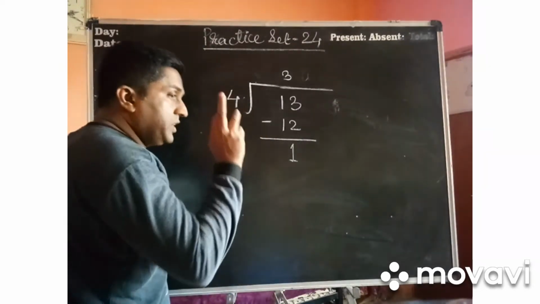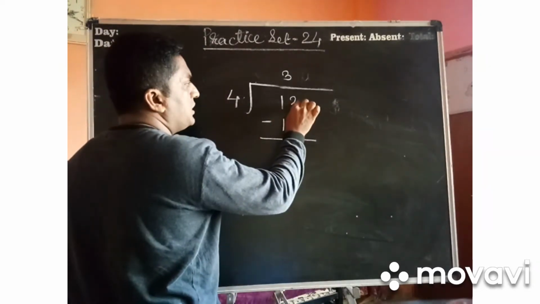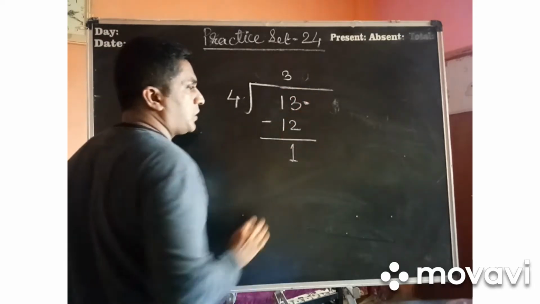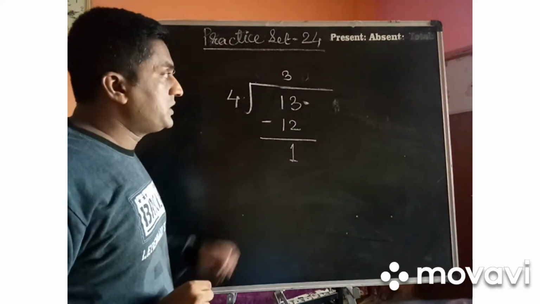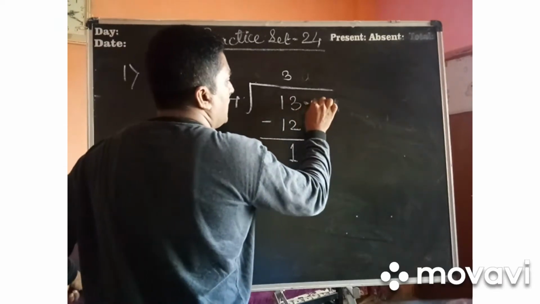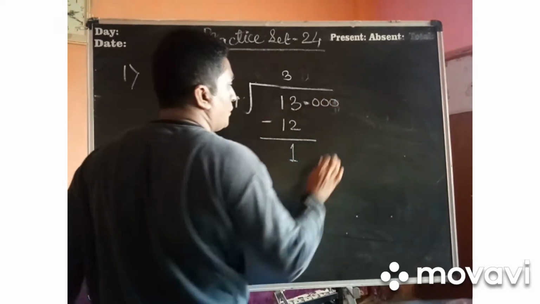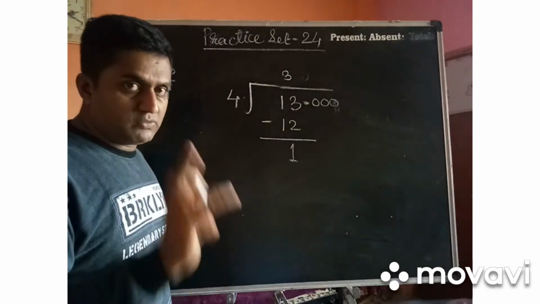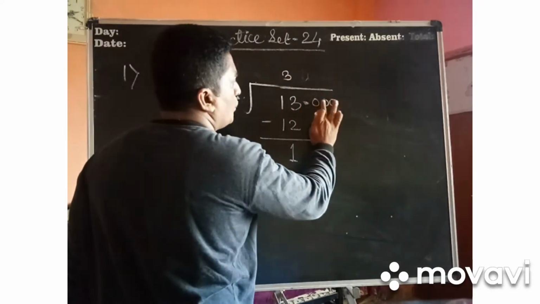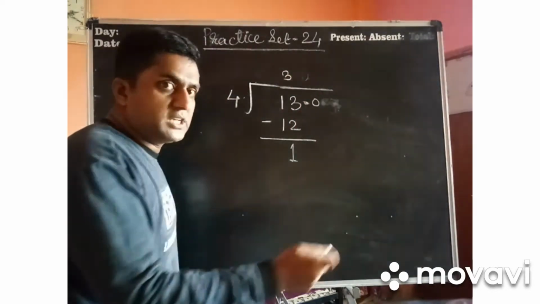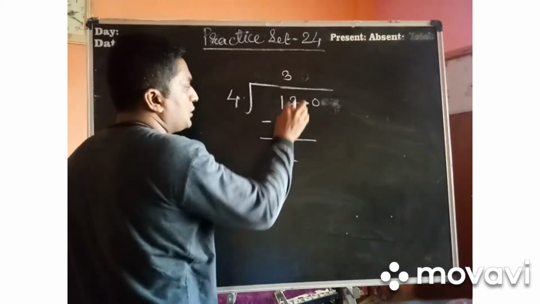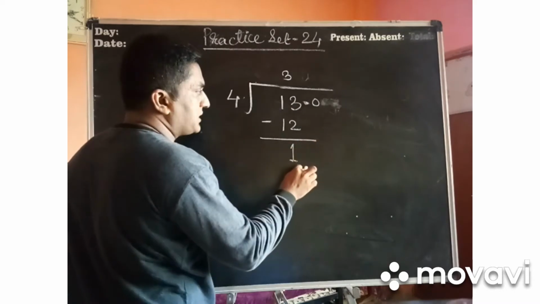Not over. We have to remember that whatever number is being written here in the form of dividend has one point, which is called a decimal point, which is like an invisible point. It is there but we never show it. And after this point we have infinite number of zeros, but we never show them. We show these zeros as per the need only. So I am showing you only one 0 here. Later on, as per the need, I am going to add the zeros. So 13.0. So what I have done, 4 3s are 12. 1 carry means 1 has come down.